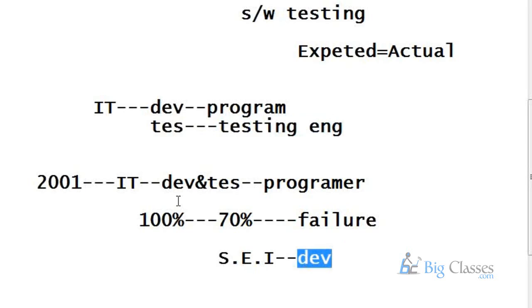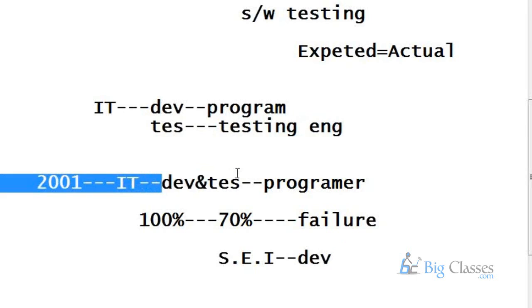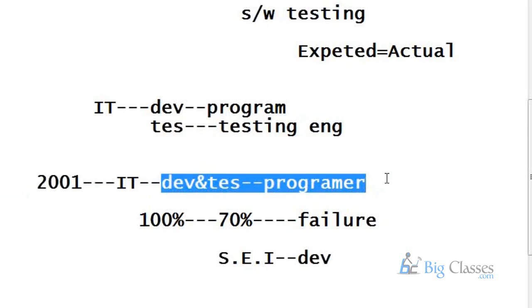Then IT companies were confused. Okay, SEI, already my programmers are conducting development and testing both at a time. Why are you giving the guideline again that you have to maintain a separate testing team? Already after completion of development my programmers are conducting testing, right? Then why is a separate testing team required? Because what is the main difference? Programmers are conducting only positive testing. As test engineers, we need to conduct positive testing and negative testing also. What is positive, what is negative?